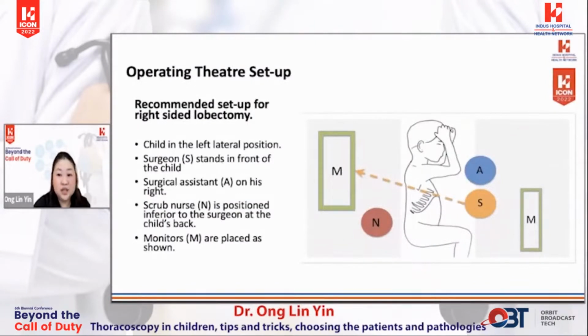Positioning alone does not ensure success. The patient is not the only one in the room, and in thoracoscopic surgery, a large amount of space has to be occupied by the equipment. For a 10-kilo toddler going for thoracoscopic lobectomy, this would be the ideal operating setup. The small size of the child provides only minimal space around it for surgeons to stand and operate. Every child is different, so all positioning has to be pre-planned and optimized for surgery.